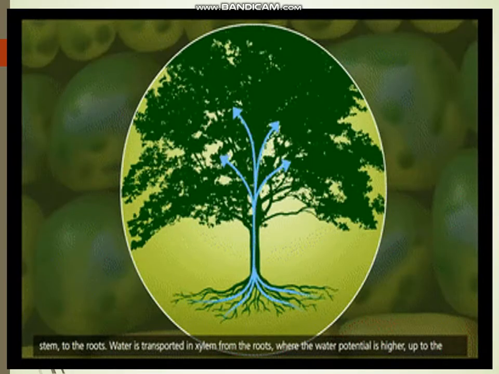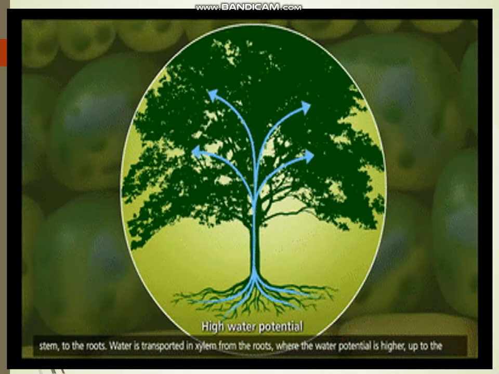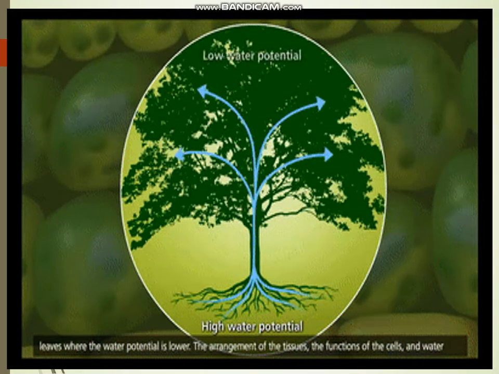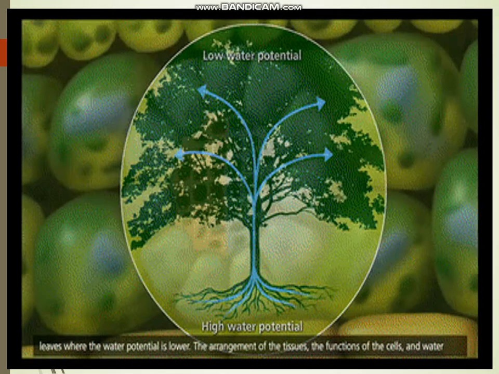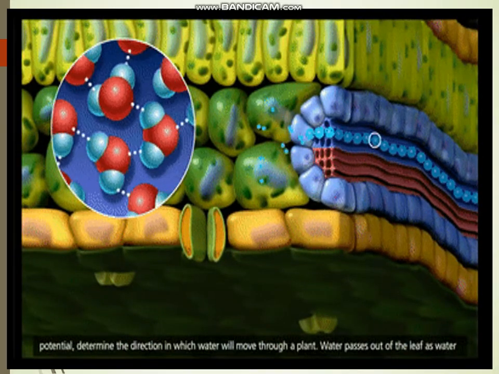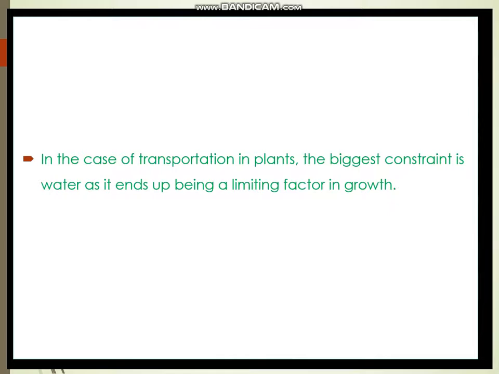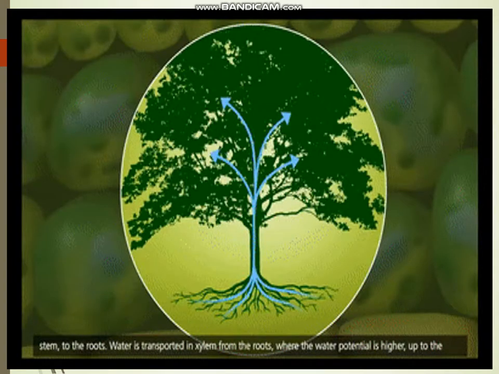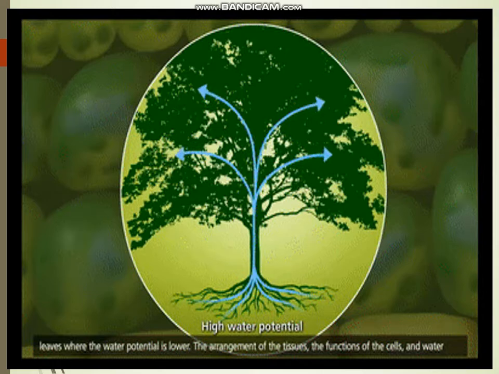Transportation is a vital process in plants. Trees transport all the nutrients and water they need for survival from the root to the tip of the leaves. In the case of transportation in plants, the biggest constraint is water, as it ends up being a limiting factor in growth. To overcome this problem, trees and other plants have the perfect system for the absorption and translocation of